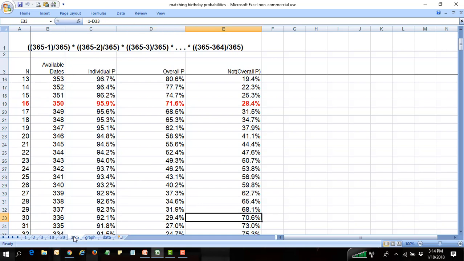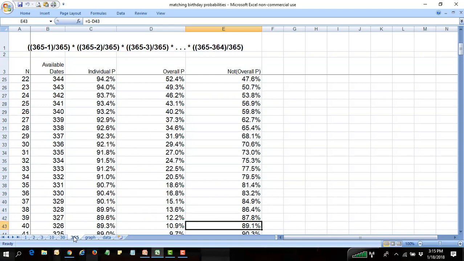We got a match on 30 people. So it was a 70.6% chance there would be a match. We're not that surprised that they were. In fact, the 40th person also matched, so we actually had a second person matching. At that point, there was almost a 90% chance we were going to have at least one match, and we